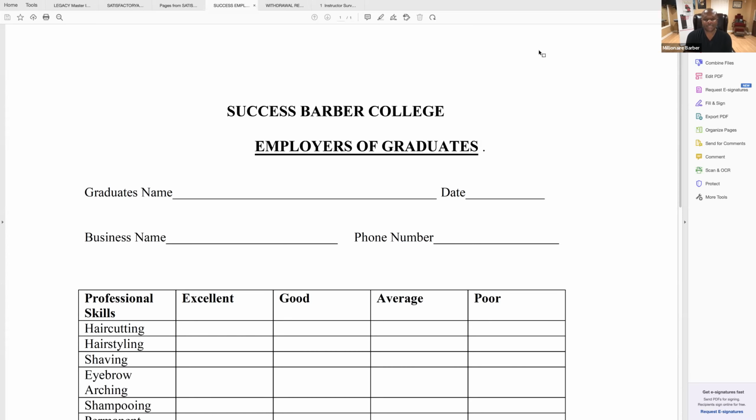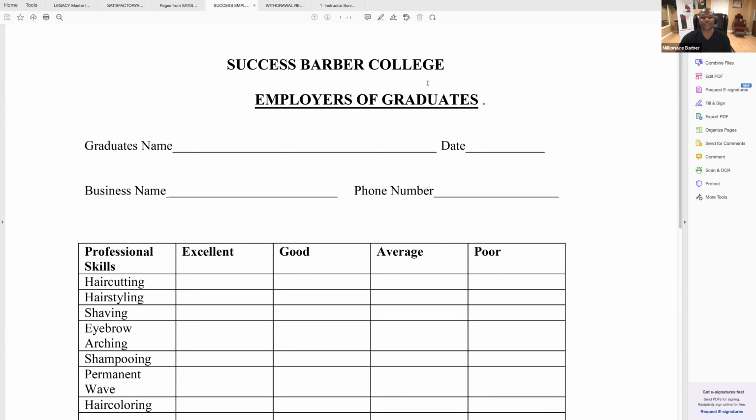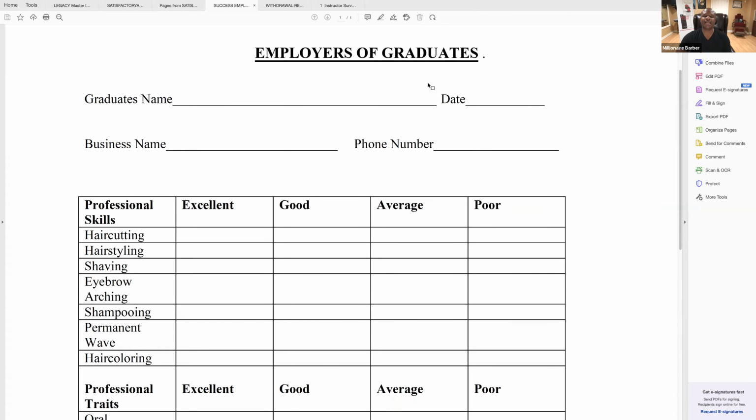Okay, employers of graduates. When a student graduates and they find a job, you don't have to drive over there, just call. Hey,